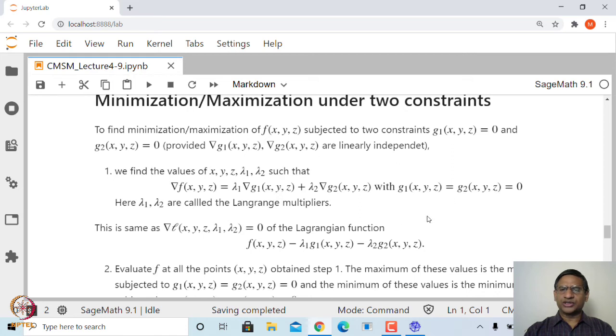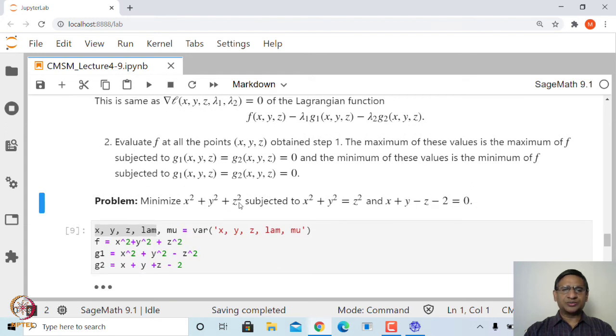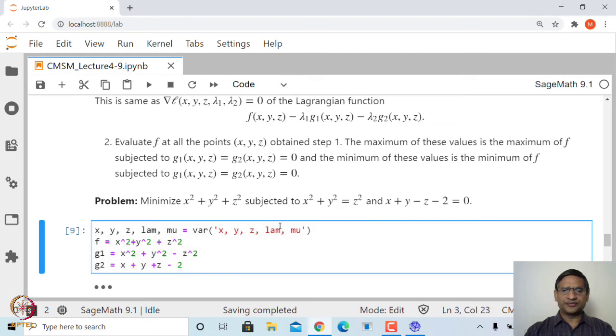We will not get into the second order conditions, but we will simply find a set of points which satisfy these equations and take the one which gives me the maximum value or minimum value. Now, if you look at this problem, finding the minimum distance from the origin on the curve of intersection of these two surfaces, this cone and this surface have infinite extension. So, you may not expect this to have a point of maximization. There may not be a point which will give you maximum value, it could go to infinity. So, let us plot a graph of these constraints first.